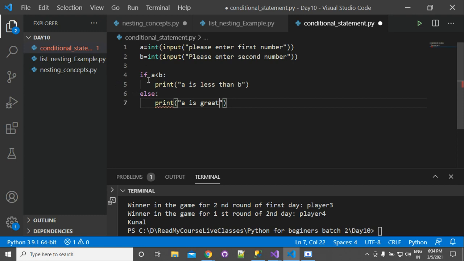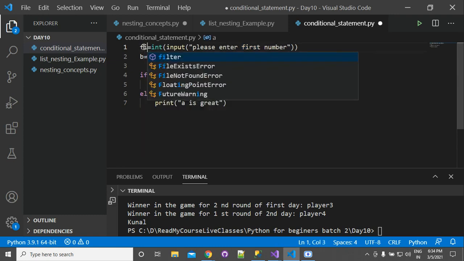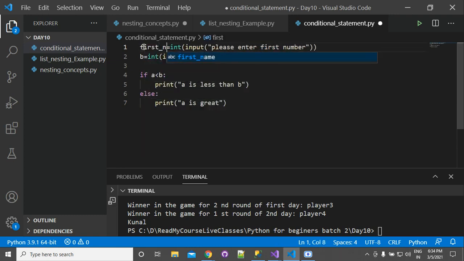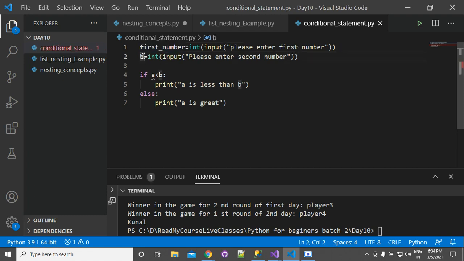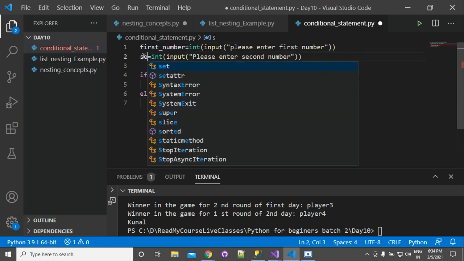Or this is not an exact message that we want to print. First number and second number which we would use. So we will write here not a, we will write here first number, because user is entering first number and second number, then the output should be related to that.